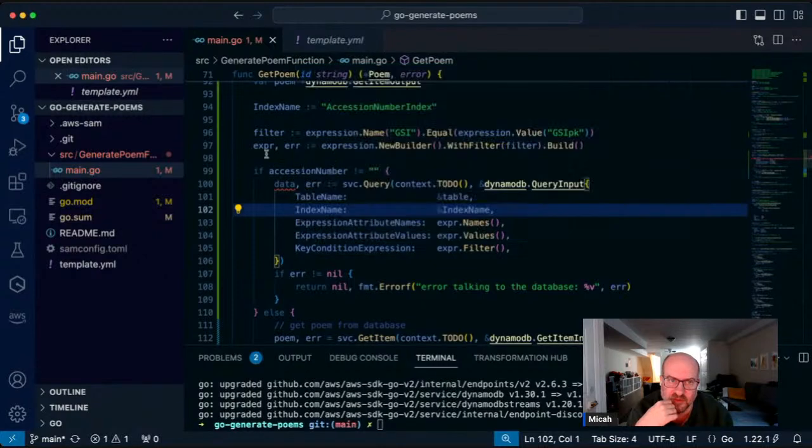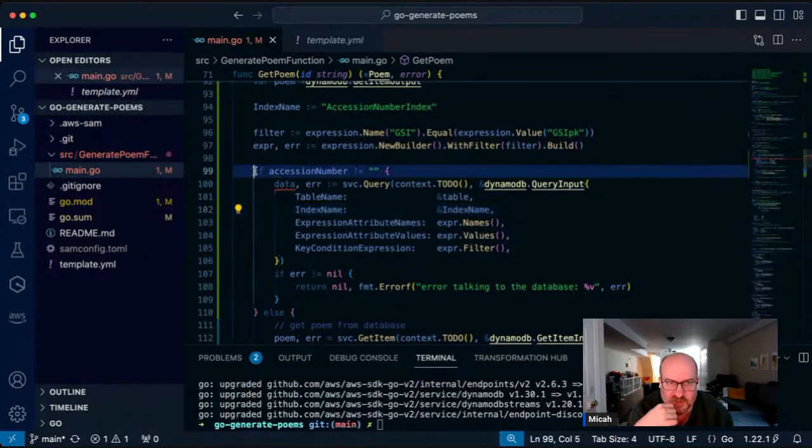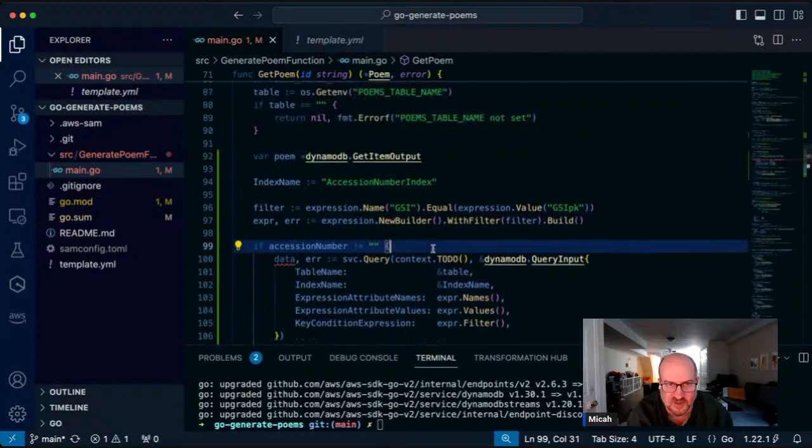And what have we done? We've created a condition statement here. So basically, we're saying if we do have an accession number, if it's not empty, we're going to query DynamoDB using the global secondary index. Is that table? Yeah, that's correct.